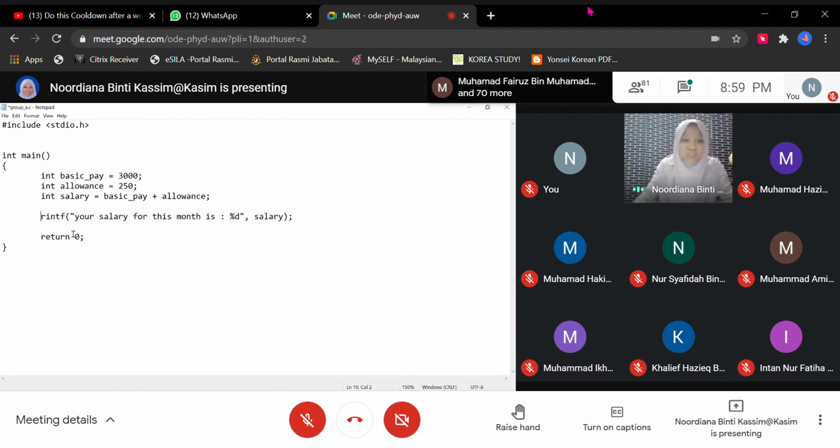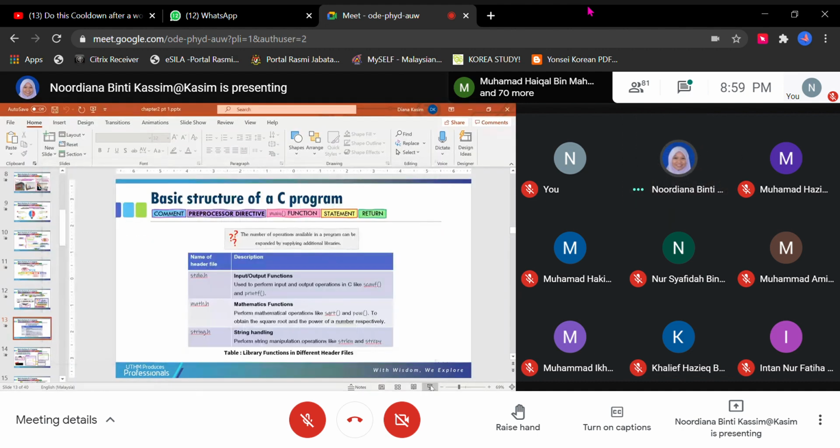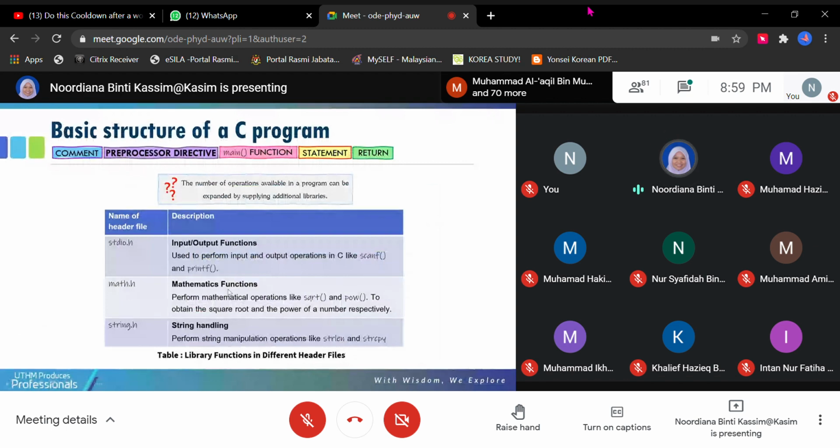The p is a small letter. This is a capital P. If you use a capital P, you will get an error. And then you have math.h, the mathematics functions. Math.h functions perform mathematical operations like square root and power, to obtain the square root and the power